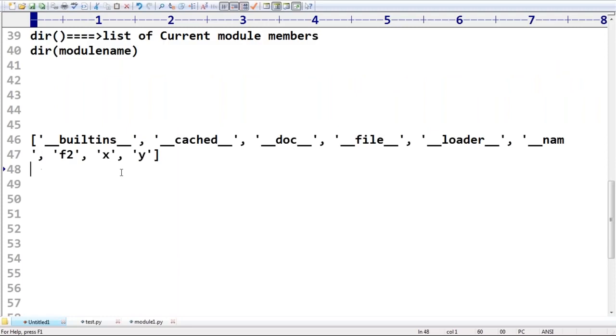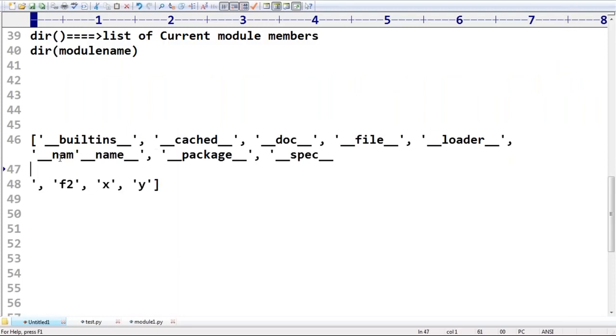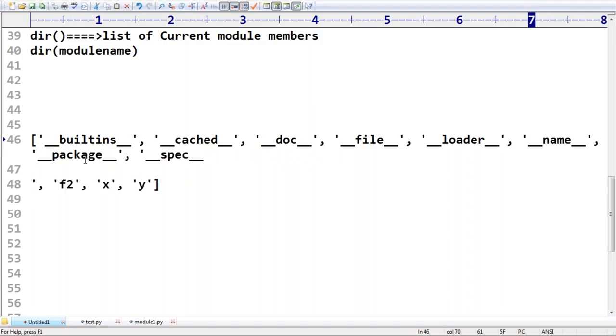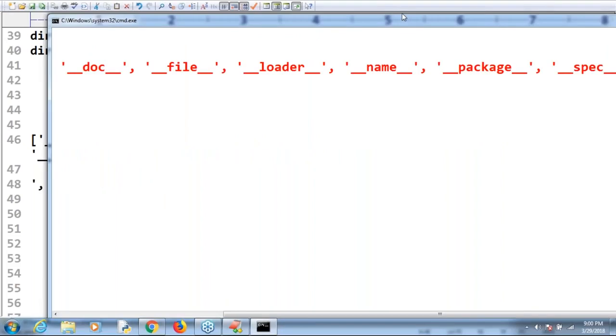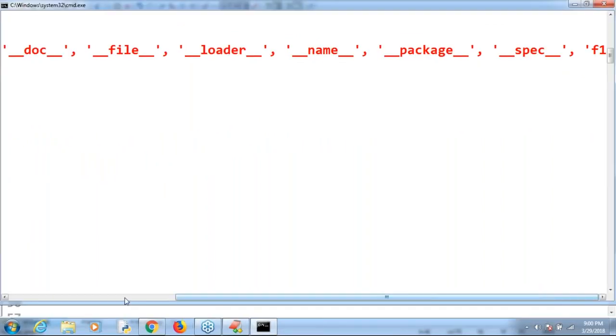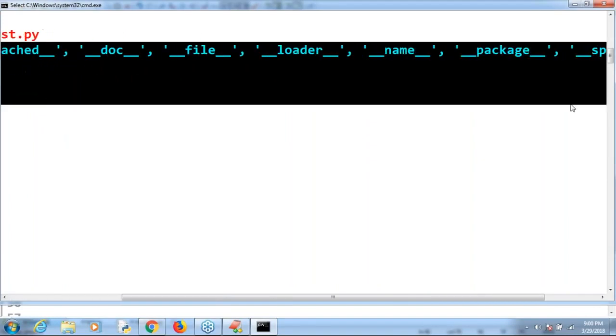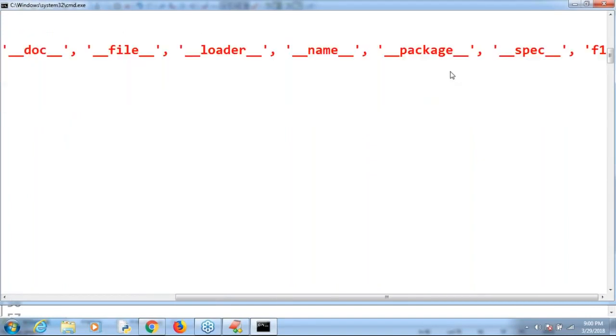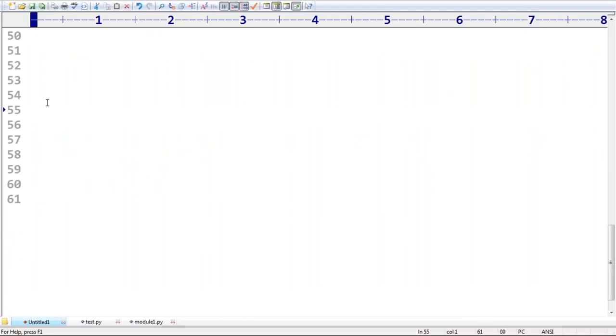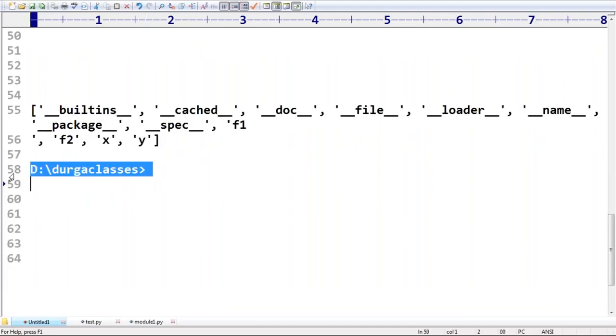Okay, here just have a look. Python itself is going to add these members by default. Observe very carefully about this one, and take special care about this terminology. Now my question is, what is the use of these members? Definitely there is some use. That part we are going to discuss, don't worry about that. Clear for all of you up to this?